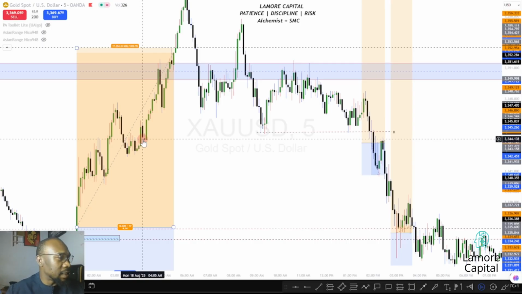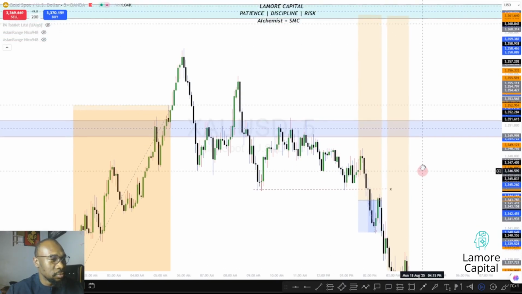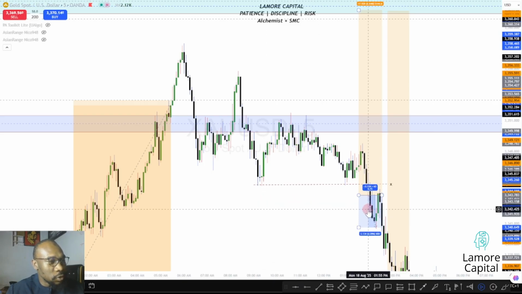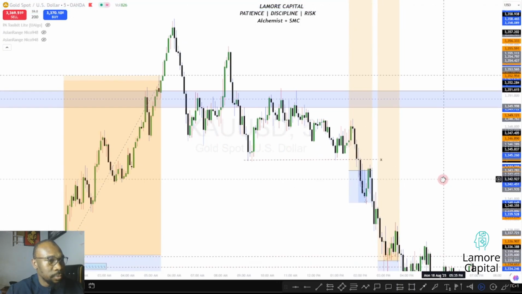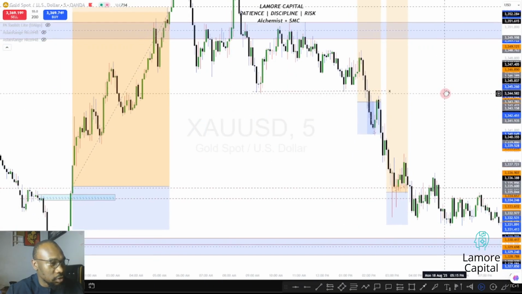So the moment I see that the market did not mitigate this body candle, what I was looking at was a tap of this particular body candle, and it's going to give us nice reaction. But that didn't happen. It took us out the first time. Can you see? This was my entry here. And when the market came, the market took us out immediately, and this particular trade resulted in an SL. And this was the New York session. Don't forget, this was New York session.